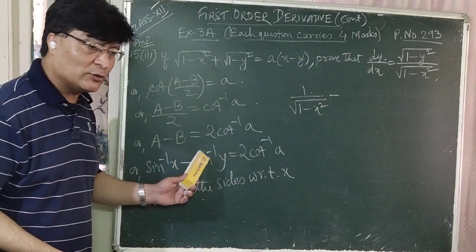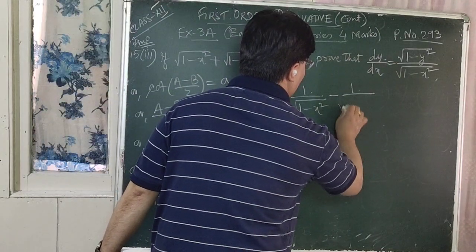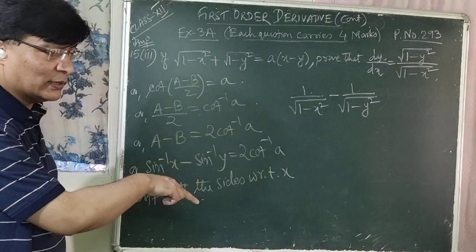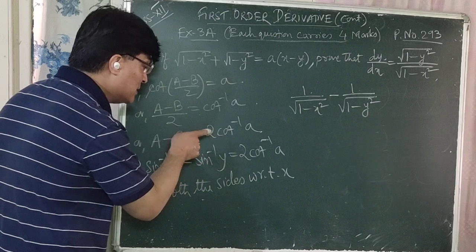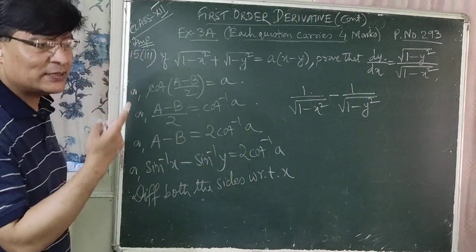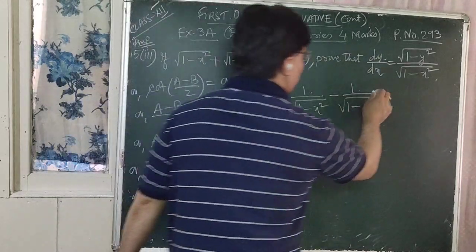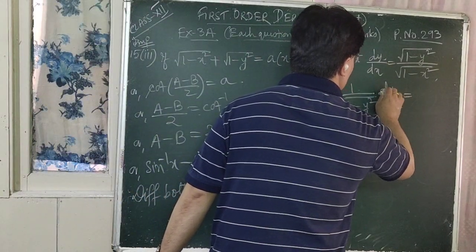So first of all, you should take it as sine inverse x. What is the differentiation of sine inverse x again? 1 upon root over 1 minus y square. But here, instead of x, there is y. Again, you have to differentiate the term which is assumed as x. That is, y was assumed as x. Now differentiate y with respect to x into dy by dx is equal